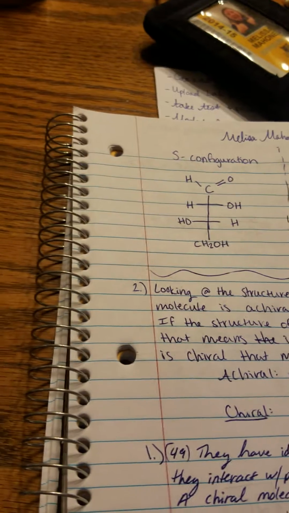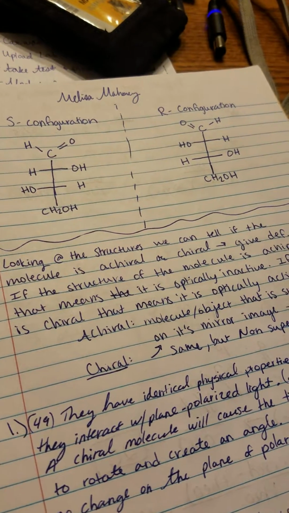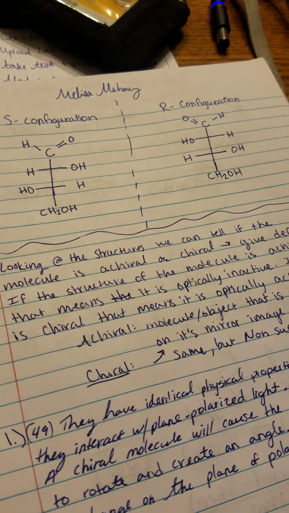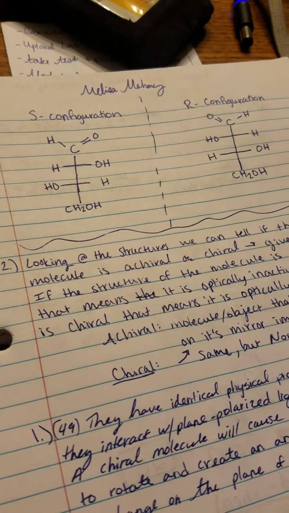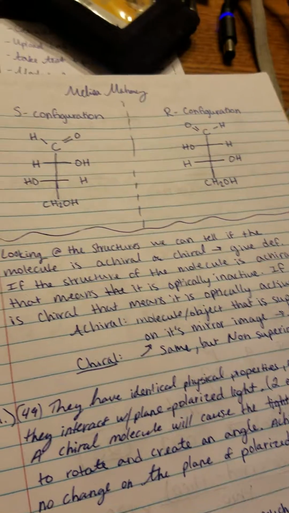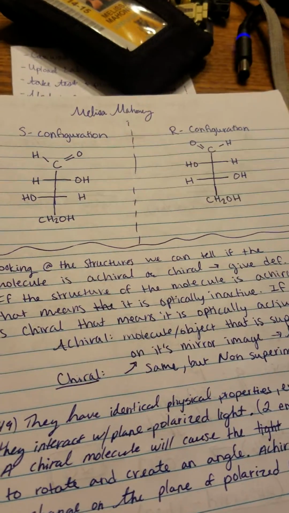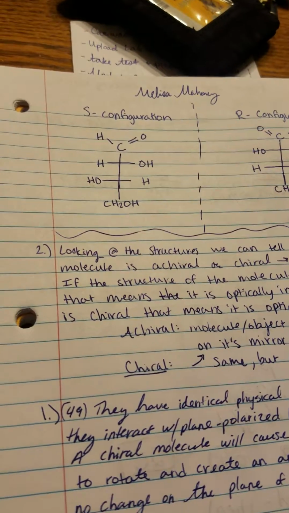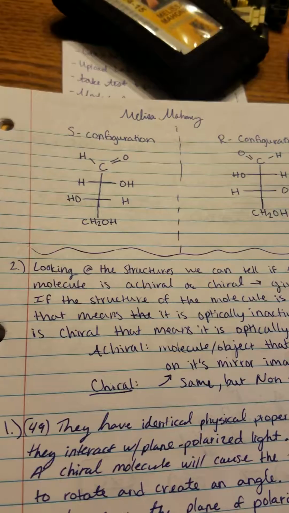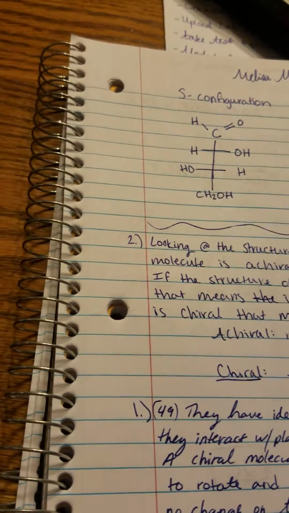An achiral molecule is an object or molecule that is superimposable on its mirror image and has a plane of symmetry. And a chiral is just kind of the opposite. It is a molecule or object that is non-superimposable on its mirror image, and it doesn't have a plane of symmetry. So after reading some more into this chapter, I also found that